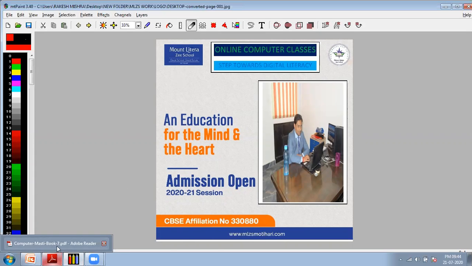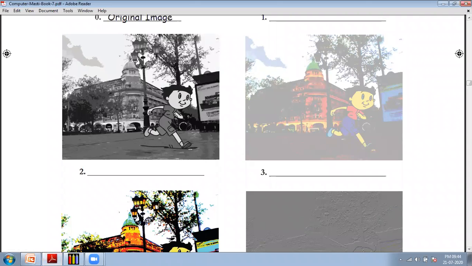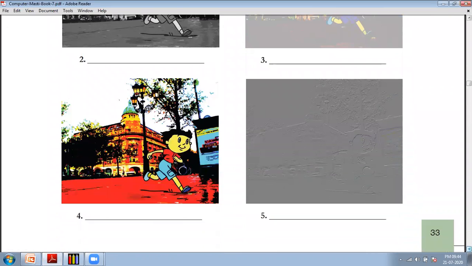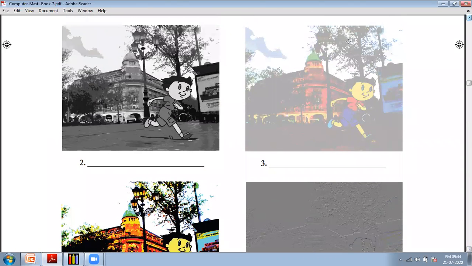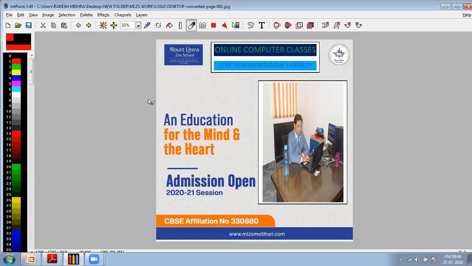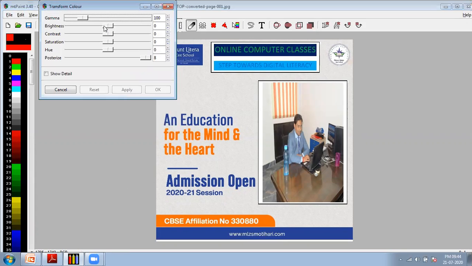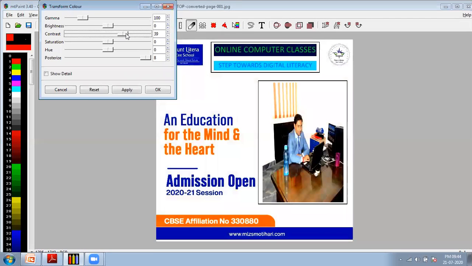Now the third picture is showing that contrast increases. So how will you increase the contrast? By Effect, Transform Color, you can increase the contrast.